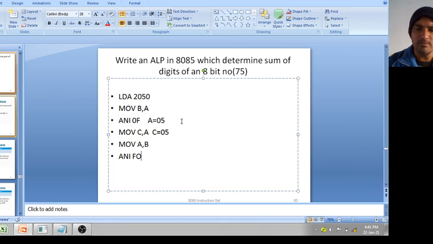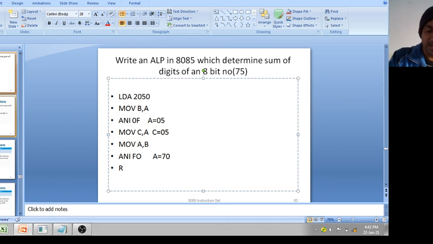Now it will perform the AND operation of 75 and F0. And what will be the value of A? A will be 70, not 07. Now you know how to reverse the contents of the accumulator. You can apply either RLC or RRC 4 times to reverse.